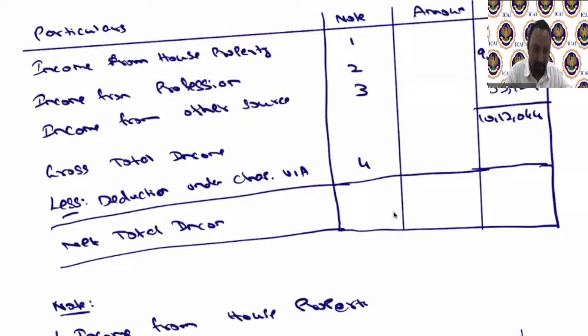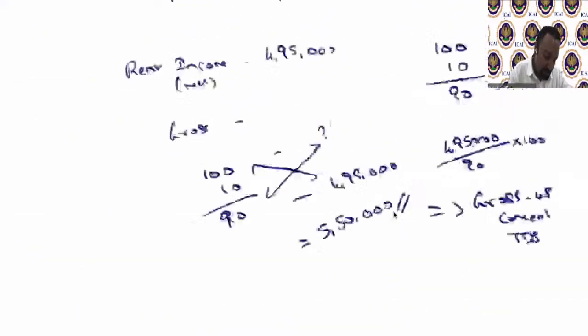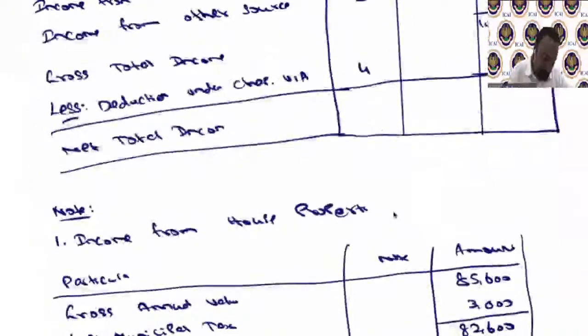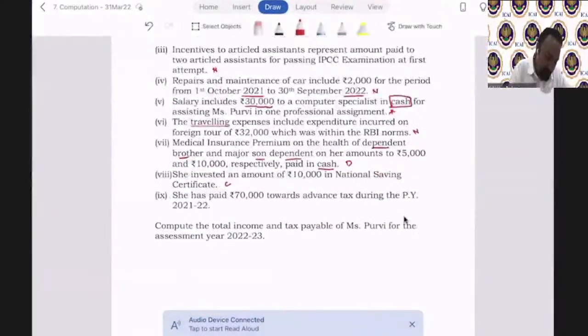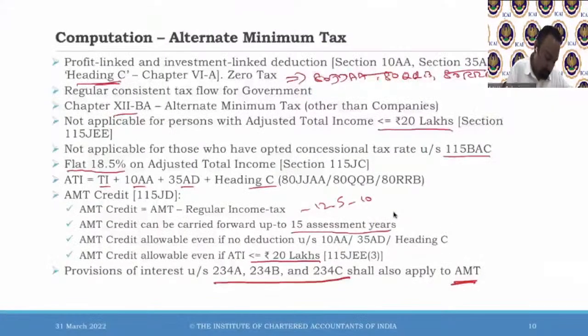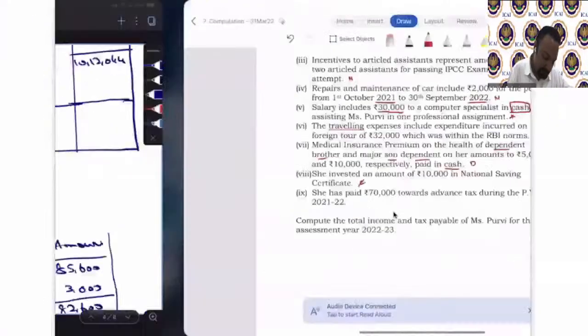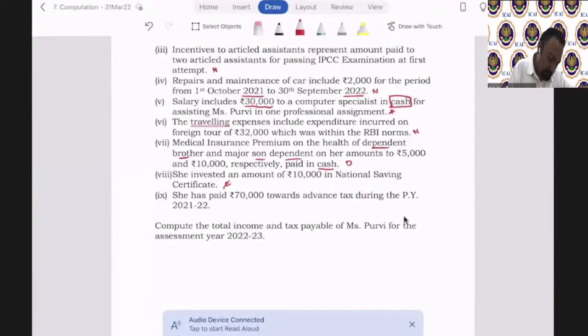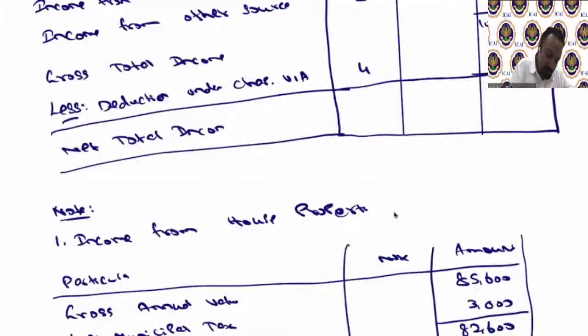So we said Chapter 6A needs to be worked out. Sorry, the question says you have 80C that is dependent on major son and dependent amounts to 5,000, and this is one thing that needs to be considered. So 80C is 70,000. Deposit of total 80C, she has invested 10,000. So 10,000 is your 80C limit. So you take this as 10,000 plus